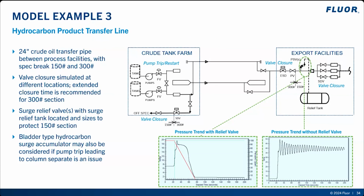The stabilized crude oil transfer from the tank farm at the left to the export facilities to the right, with a few kilometers of pipeline. The transient scenario simulated here is the valve closure at various locations, such as we have SDV closure at off-spec line, the EST and PV closure at downstream of the pipeline, and the filter SDV closure and downstream pump trip